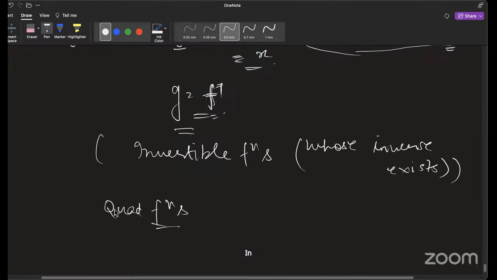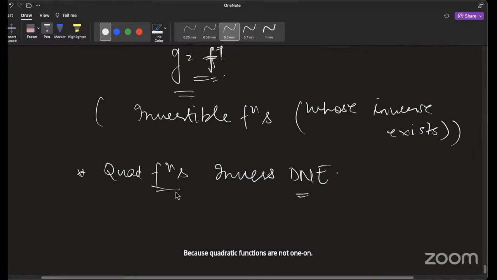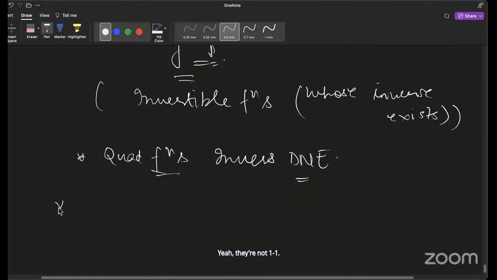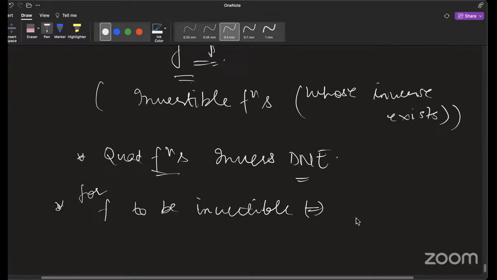Inverse of quadratic functions does not exist, because quadratic functions are not 1-1. And this brings us to the point that for f to be invertible, that's only possible if